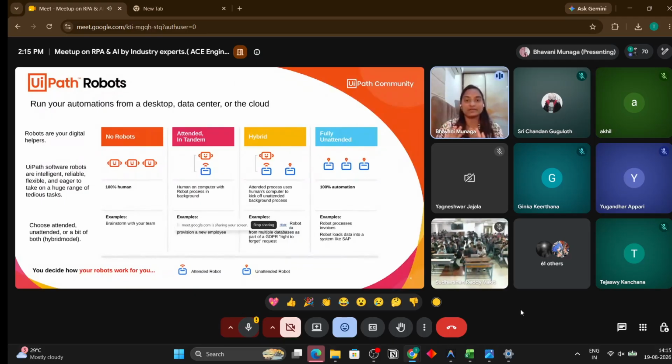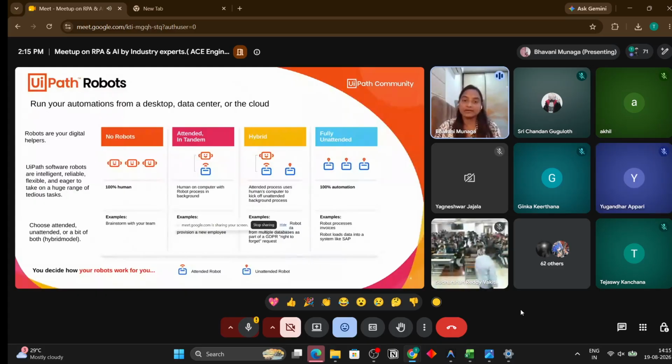Unattended is where you schedule a time in the Orchestrator, and you have a separate machine allocated to it, an unattended machine, which runs purely in the background. You have nothing to do. You schedule a time, like daily at 3 o'clock, in the Orchestrator. At 3 o'clock, it will run automatically without any human interaction. That is the unattended automation.